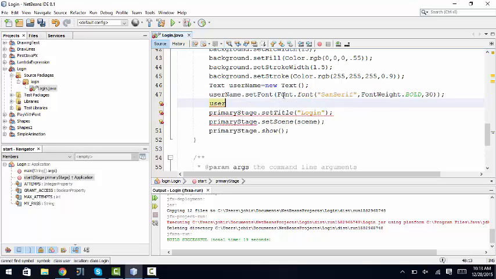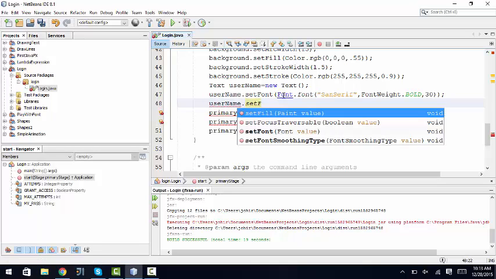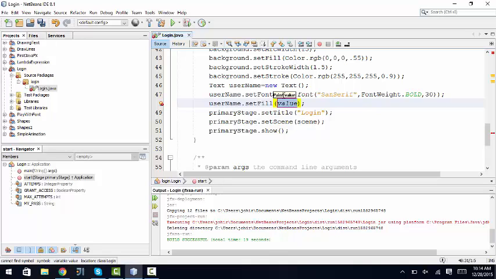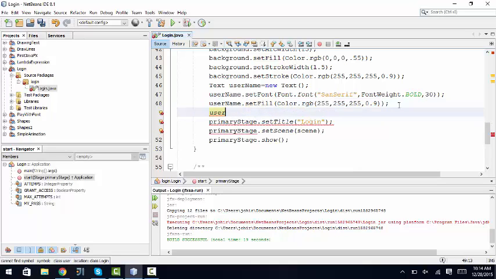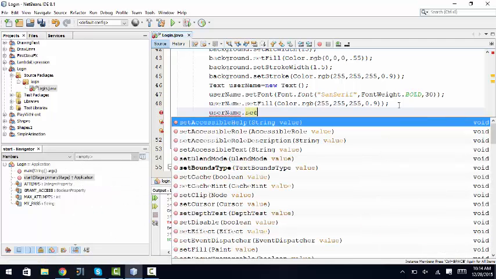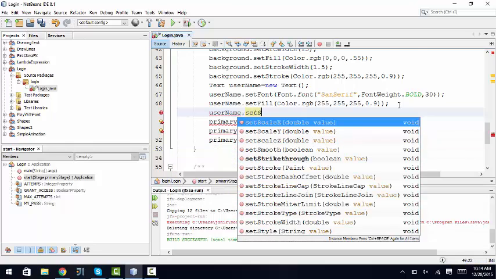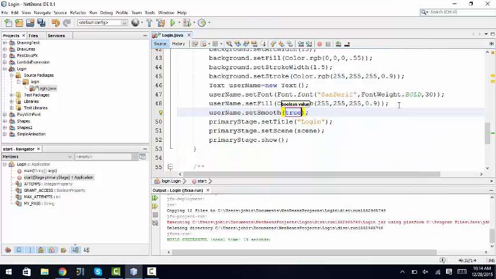Then let's set a fill color. Set fill. This may be also set to this color, white color with opacity 0.5. username.setSmooth true. Okay,